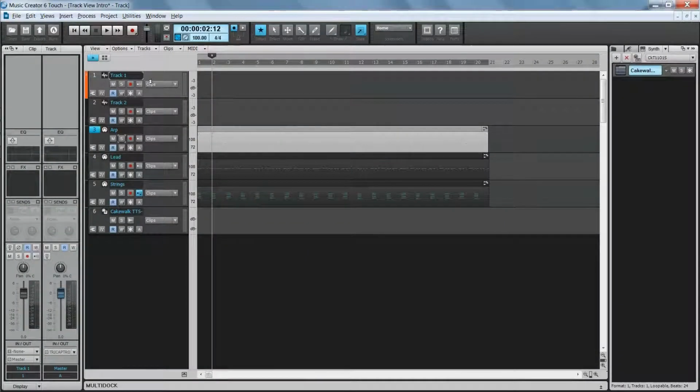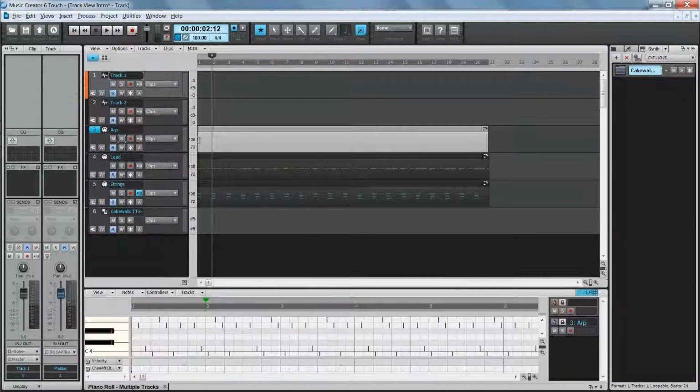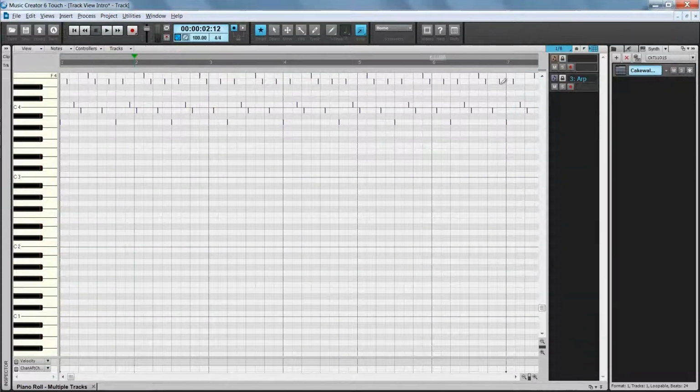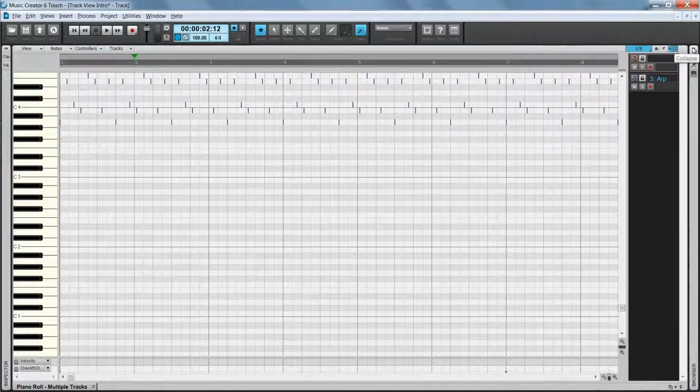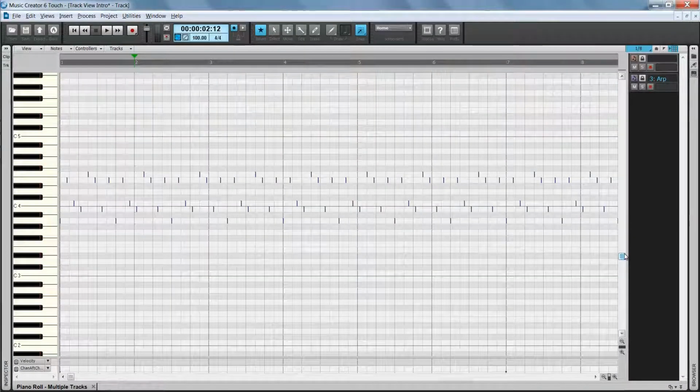Now we'll take a look at the piano roll view, commonly called the PRV. Open the view from the menu, pressing Alt+3, or double-click on a MIDI clip. The PRV is used for editing and drawing MIDI notes and controllers. We'll look at using it in more detail in the editing videos, but for now we'll just take a brief